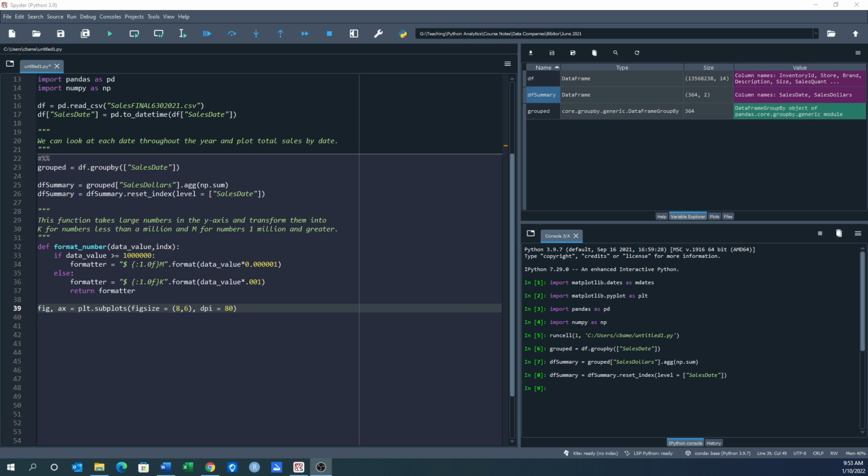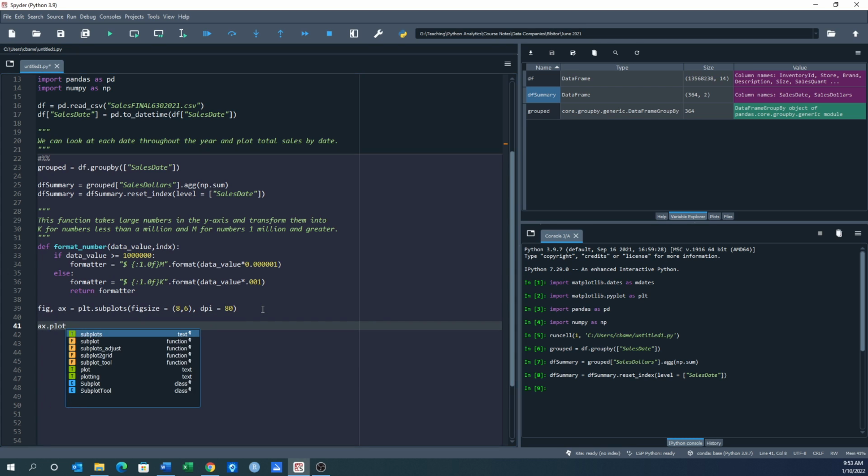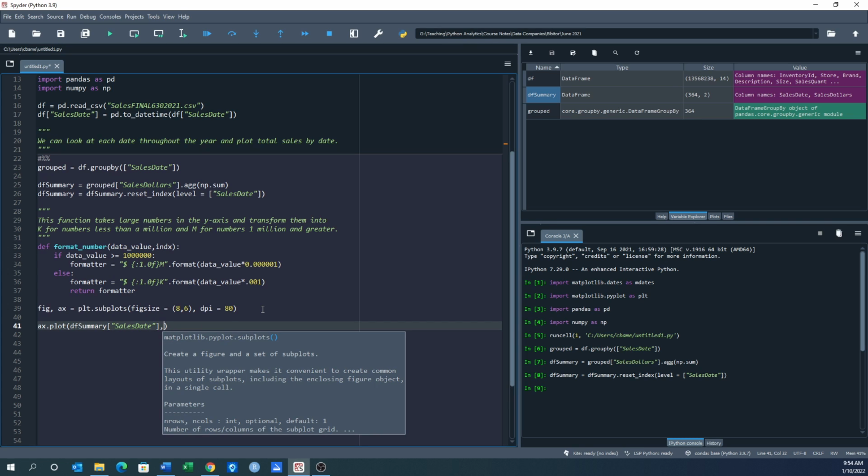And you can mess around with that and change your shape. All right. So the next thing we want to do is put in the plot. So ax.plot. This is a plot, not a bar chart. So we're taking df_summary. That's the data that we're going to be using. And we're going to plot sales date as one variable. That's our X. And the Y is going to be,